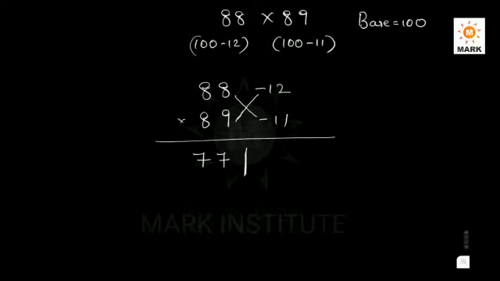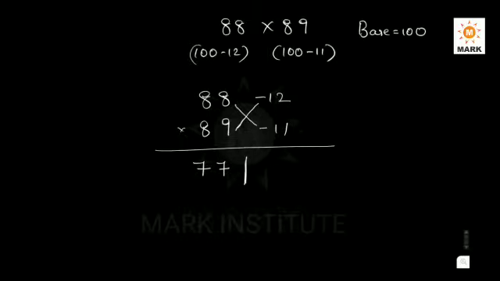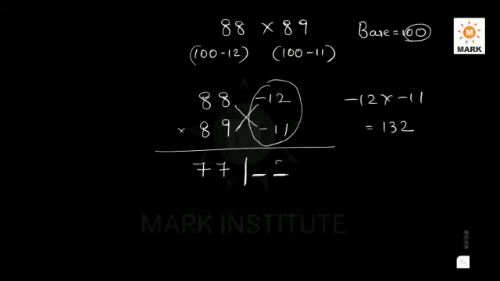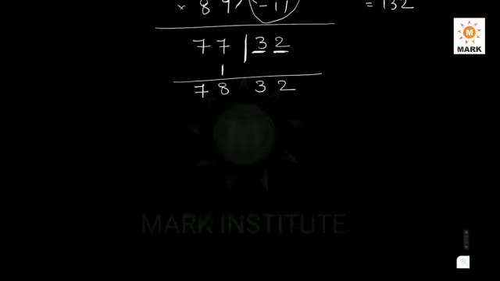Now in the second part, the number of digits should be equal to the number of zeros, so you have 2 digits here. What you have to write here is the product of these two numbers, minus 12 into minus 11. Friends, that is 132. But there are only 2 digits here, so from the units place you have to start. 2 here, 3 here, and 1 is a carry forward. So your answer: from the units place, I am reading it out, 2, 3, and 7 plus 1 is 8, and then 7. That means your answer is 7832.